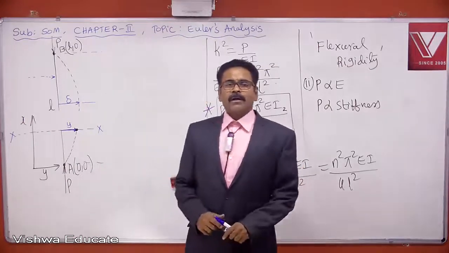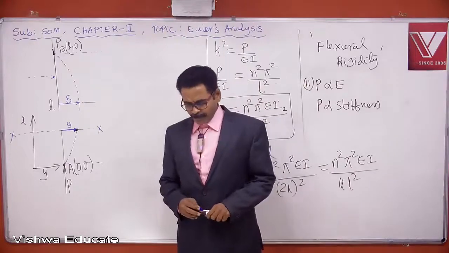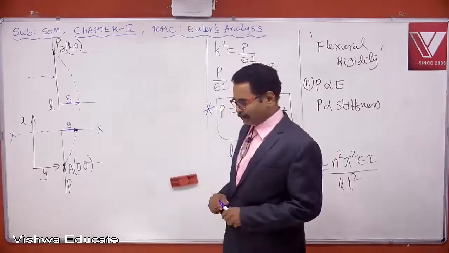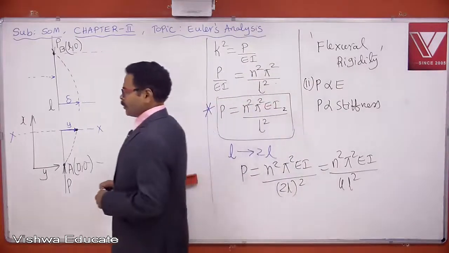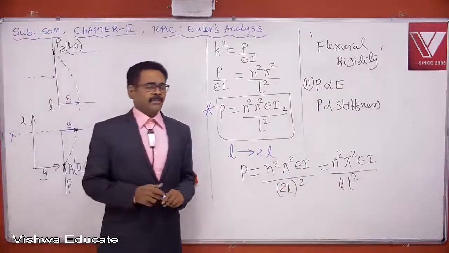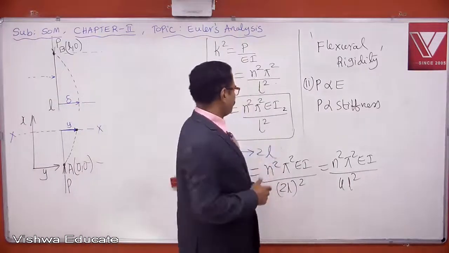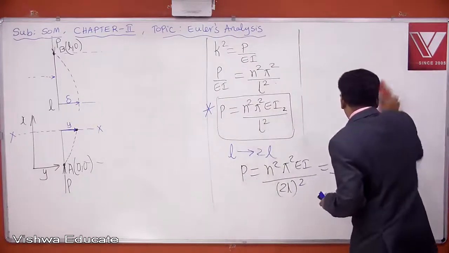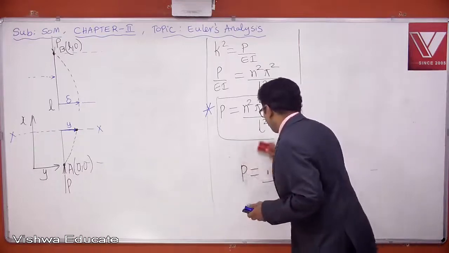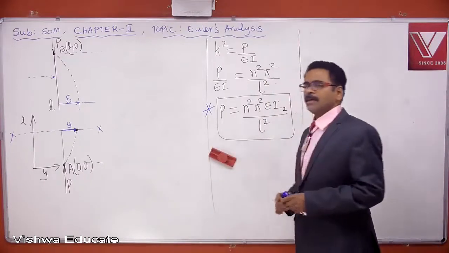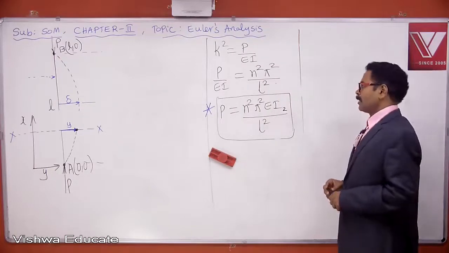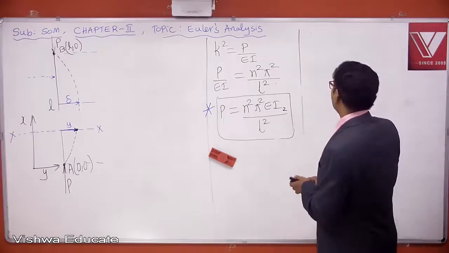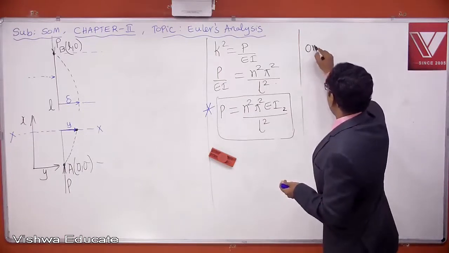Okay? Let us do one more point. Simple thing. If length of column is decreased to half, write down: if length of column is decreased to half, critical load becomes dash. So original critical load